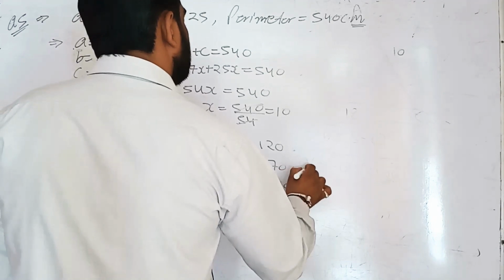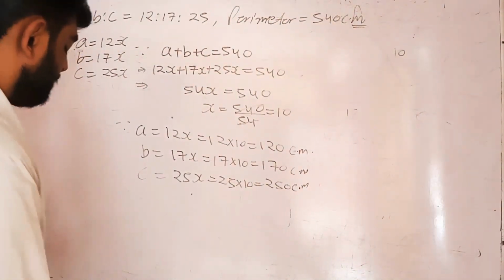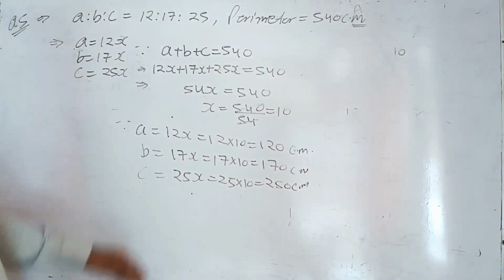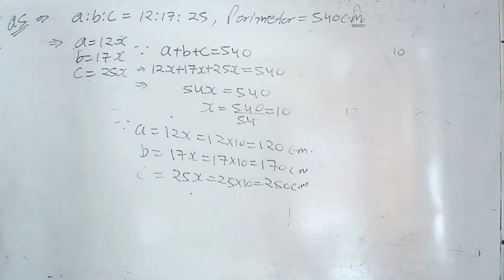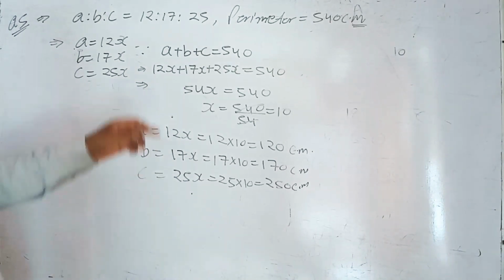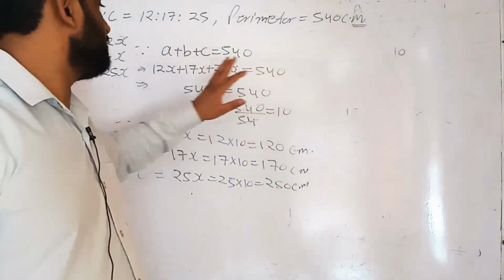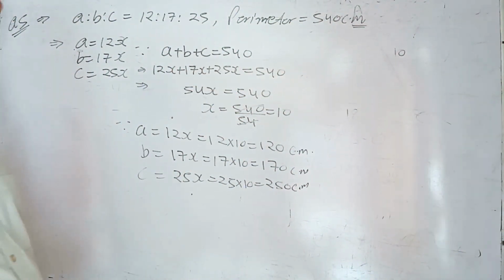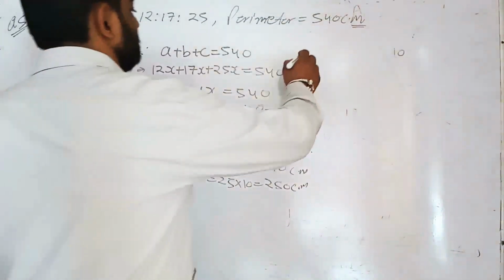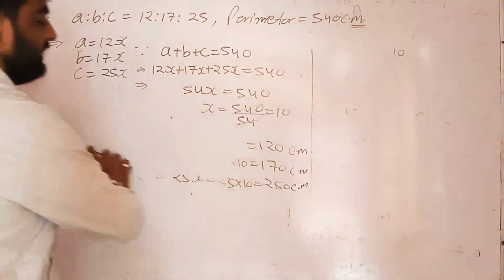centimeter is given. So now we have to find the area of the triangle. So how we find the area of triangle? I think you understood, students, the ratios are given, so we just have to convert the ratio into values. You have to multiply a constant term over there, 12x, 17x, 25x. A plus B plus C equals to 540. Values are given, x equals to 10. A, B, C are the sides of triangle ABC. So now we are just finding the area of triangle ABC.